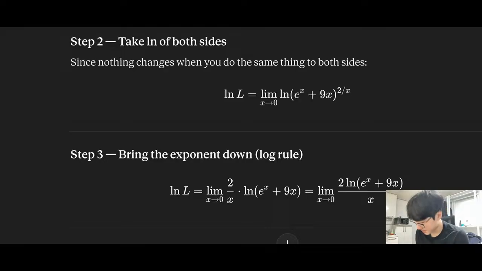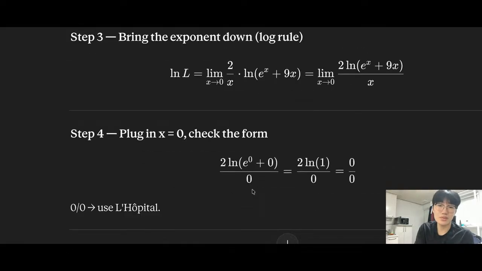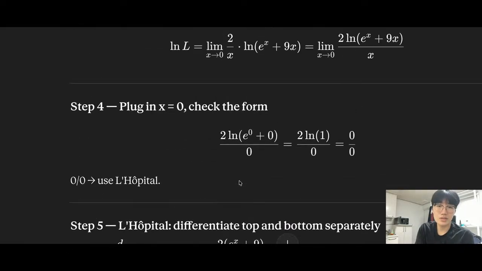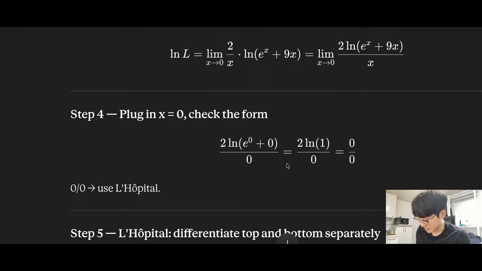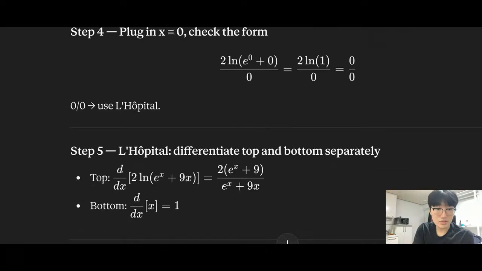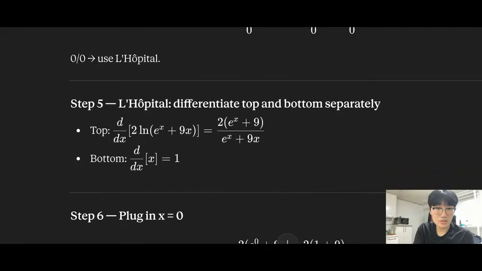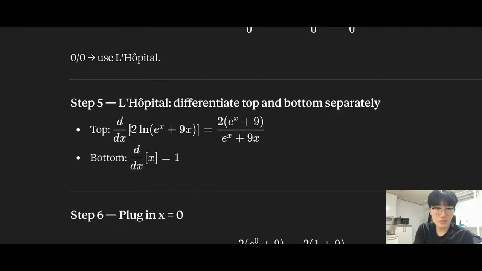Okay, yeah. 2 times ln(e to the power x plus 9x), and x here equals to, where did ln go? Plug in zeros now here. Okay, 0 over 0. So use L'Hôpital. Derivative of it is